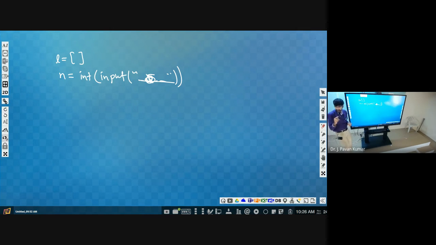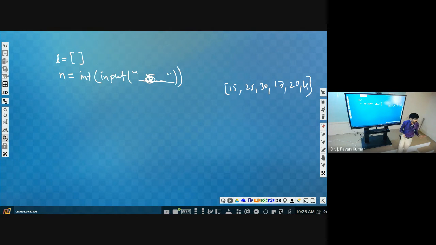Then afterwards, L is equal to? No. How many elements do we want to store in the list that we are taking? I will tell you the problem directly. Here you see, we are having a list like 15, 25, 30, 17, 20, 4.